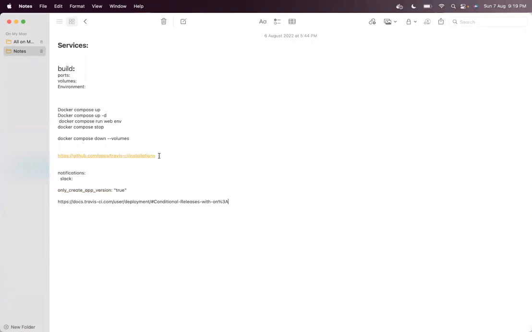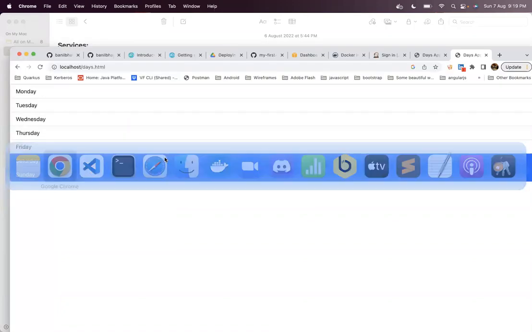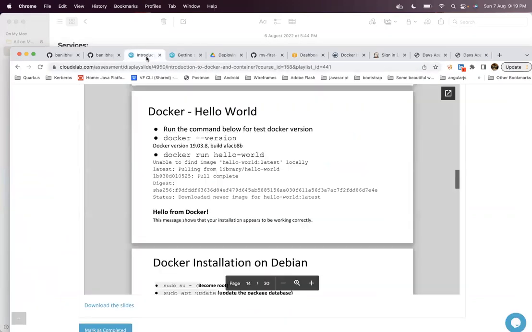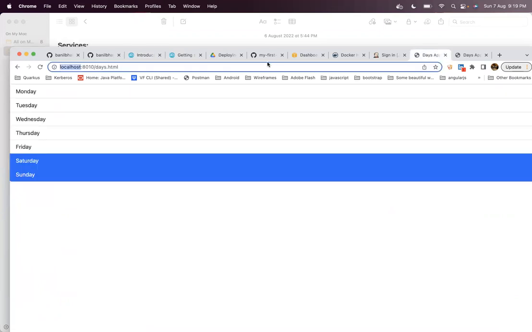Yeah, so you can see the Docker Compose command specifications, which should be on the Docker official website.